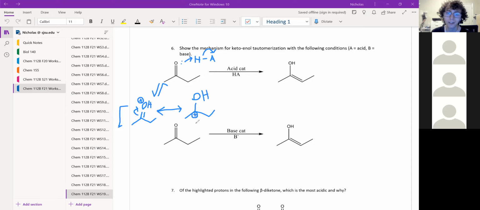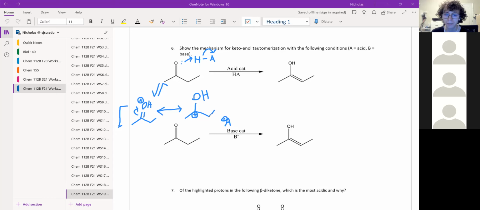And then we get a carbocation and we have our alcohol, which we want at the end, but we don't have a double bond. How can we form that double bond? In that first step where we took a hydrogen from the acid, we ended up forming A minus. Like if it was HCl, this would be Cl minus, just whatever the acid was. You have the conjugate base. So this can act as a base. It can take a proton